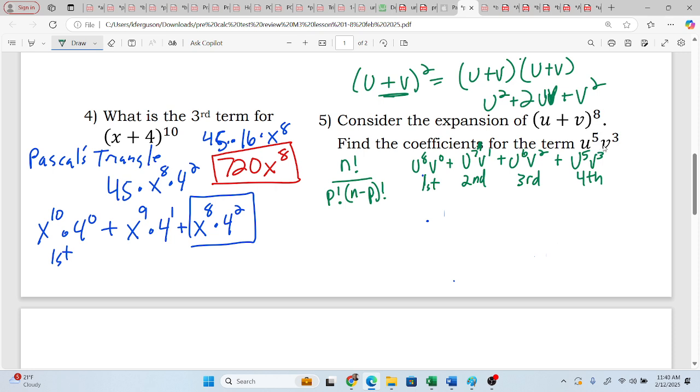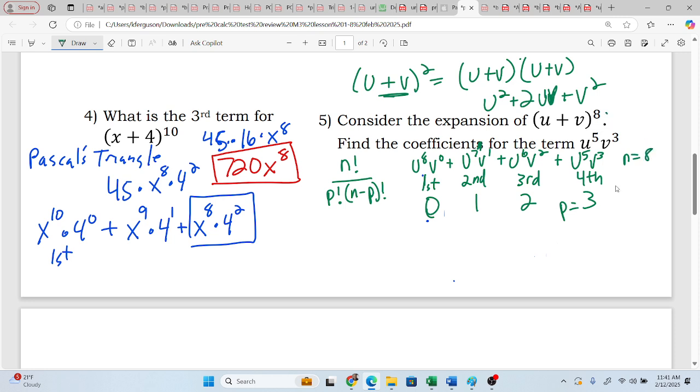That's what I got right now. So now what's my coefficient? Well, I got two choices. I could look at Pascal's triangle, or I could do this. Now remember what number my p is if I'm looking at the fourth term, because my count starts at 0. So what's my p? 3. So my p is going to be 3, and my n is going to be 8, because 8 is